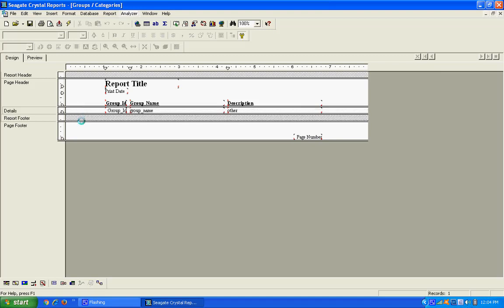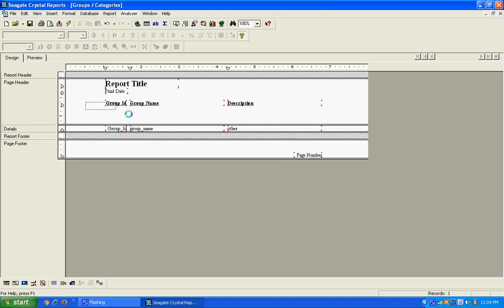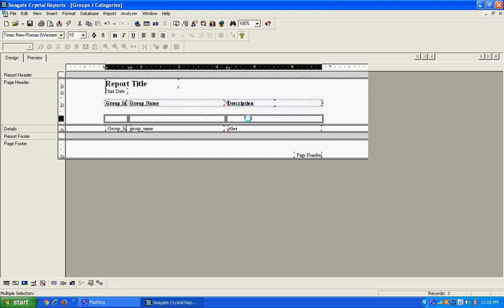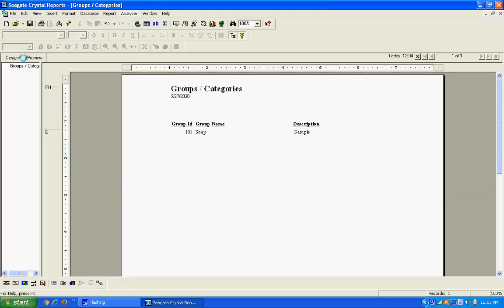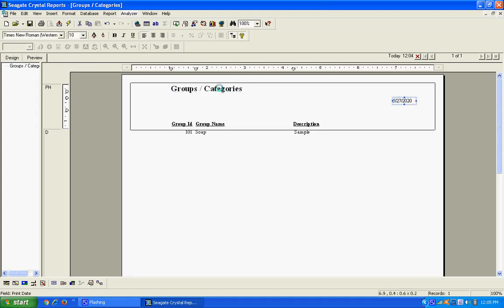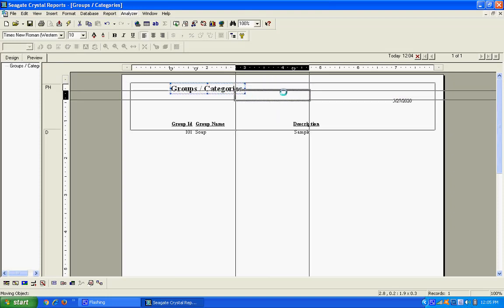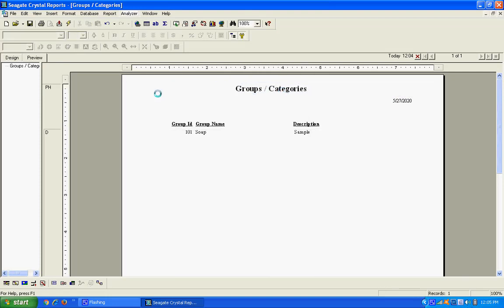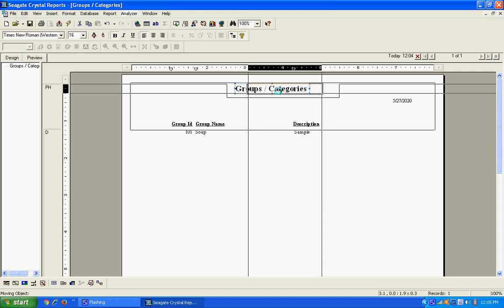I increase the header's design and move this description below, and this is the date. I move this date to here, and this is the heading of our report. This I put in the center because we need some beauty. And after this we add a drop down table for the beauty of this report. After that, add the rectangle box.